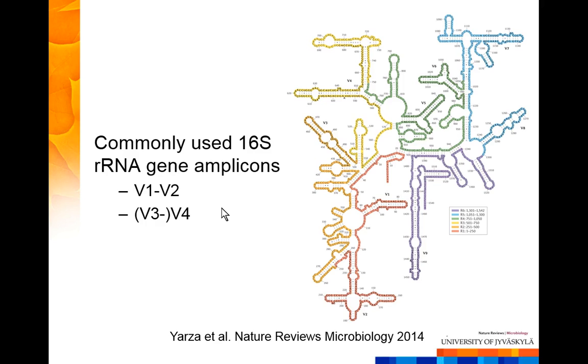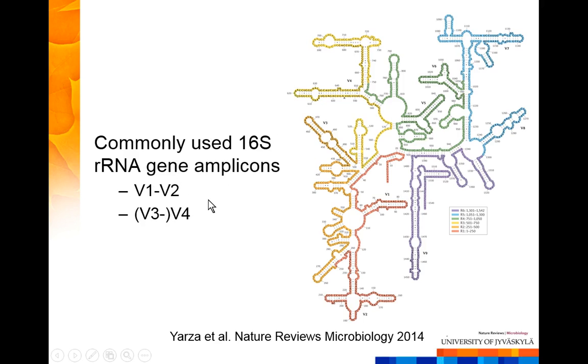The most commonly sequenced variable regions, I think nowadays, at least in Finnish laboratories, and for my sake, I recommend this V3, V4 region. Some people say that that's too long, you don't get good data from that long region, so you should focus on just V4. And actually, I'm under the impression that genus or at least family level classification with just V4